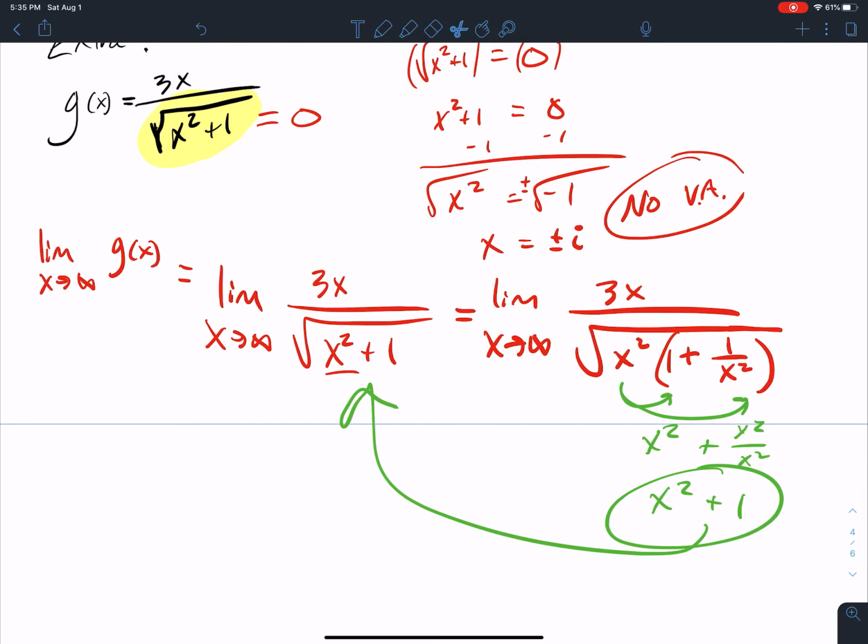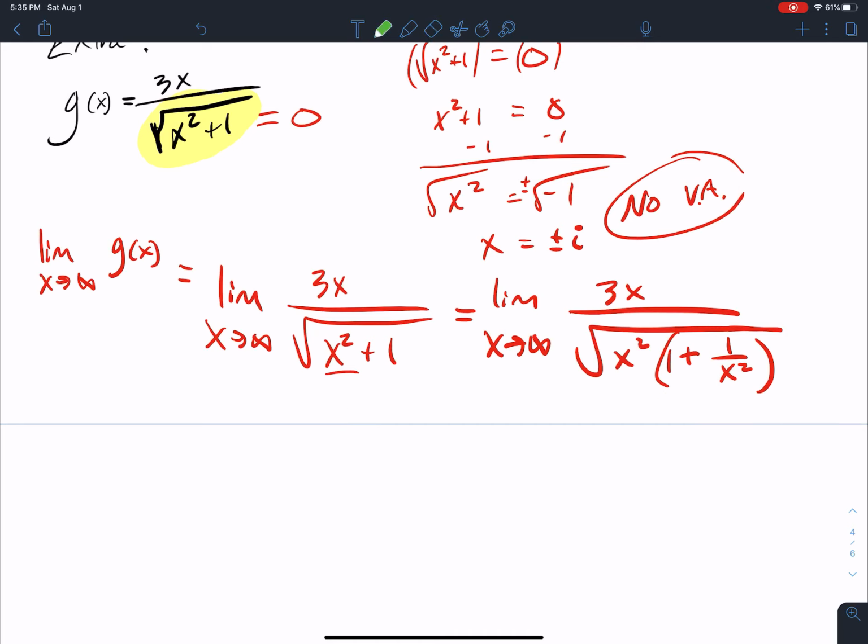So we're okay here. All right, there's nothing wrong with what I just did right there. Okay, so now I've got something that I'm going to positive infinity. Whenever I'm taking square roots, this thing is going to be positive. So look, I can break this up